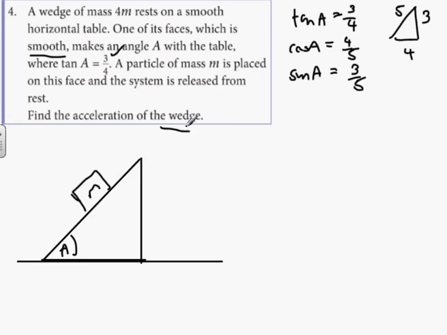So this question just wants the acceleration of the wedge. The whole goal of the question is to find out what A is. We can find out what F is anyway, or we may need F to find A. We don't really know just yet. Okay, so let's draw our diagrams. We have a reaction force R. We'll have a second reaction force S supporting the wedge, and then we'll draw our two diagrams separately and